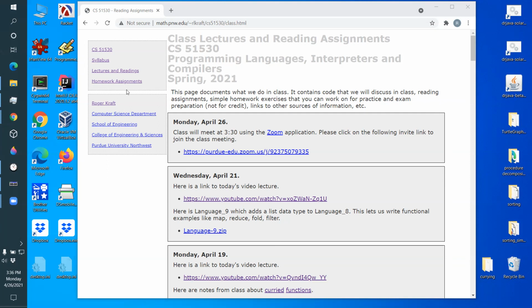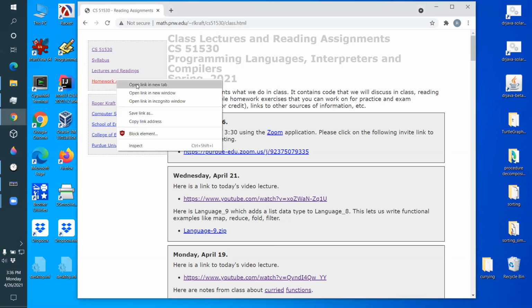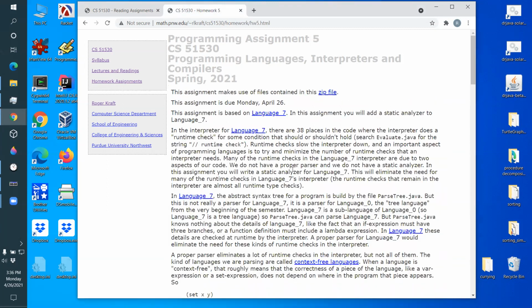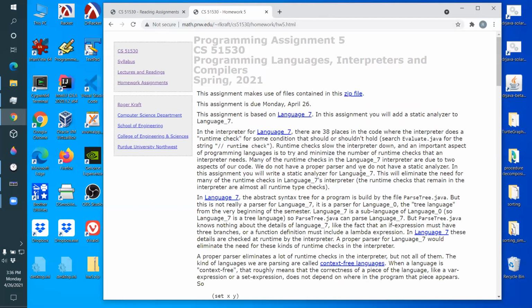But first, let me ask if there's any question about the homework assignment. Does anybody have any question about the static analyzer? Last week we talked about it a little bit. Does anybody have any more questions they want to ask right now about the static analyzer? I have one quick question. Sure. When I check for runtime checks using find, I only come up with 14 and it says there's 38